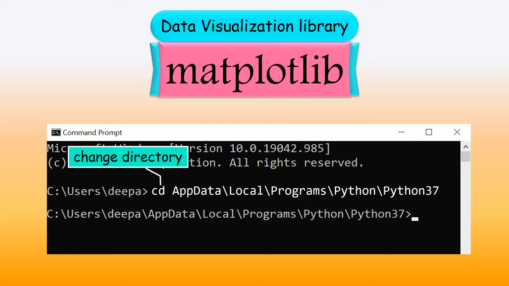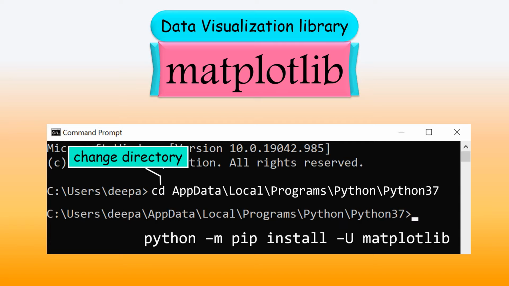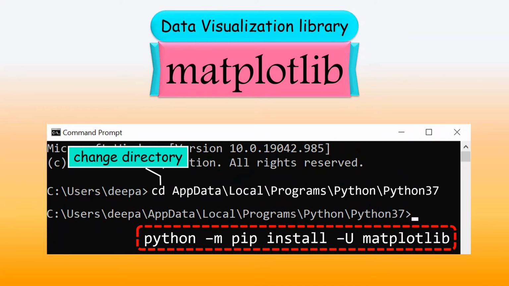Here you type the following command: python -m pip install -u matplotlib. This command should install Matplotlib library in your system.